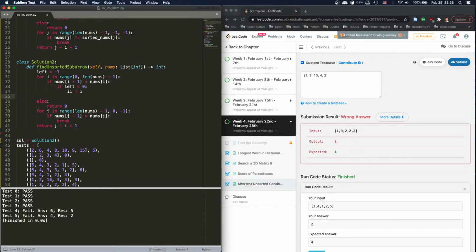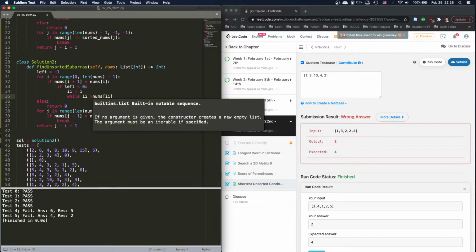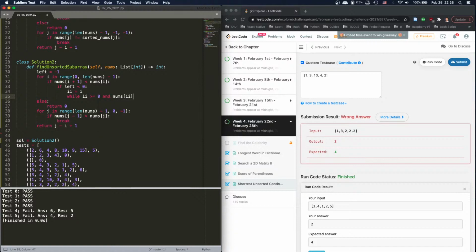So I equals 1, we're going to say while I is larger or equal to 0, and nums[I] is larger than myself, nums[I plus 1] actually. Because I was looking at I plus 1. I plus 1 is smaller than nums[I]. So we set I to I,